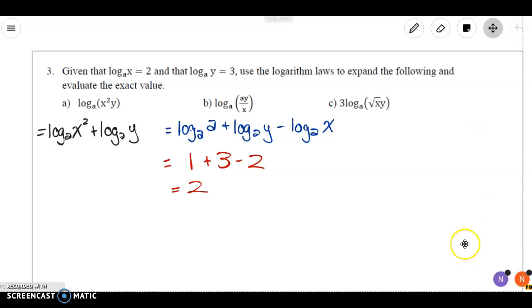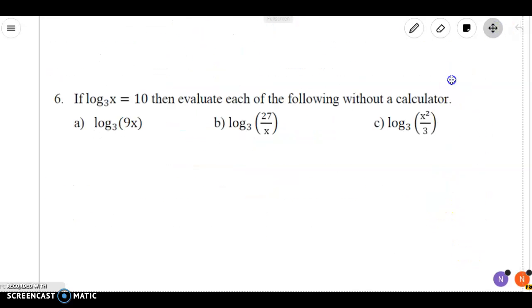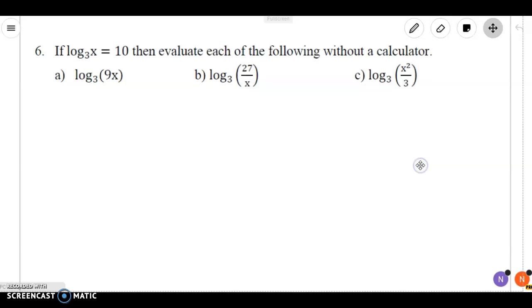Let's take a look at number 6 as well. Here we go. So again, it doesn't say to expand, but it will help us if we do expand. For this one, we've got log base 3 of x equals 10, and we want to try and evaluate this without a calculator. Let's go ahead and expand. Again, I'm going to look at B for this one. So log base 3 of 27,